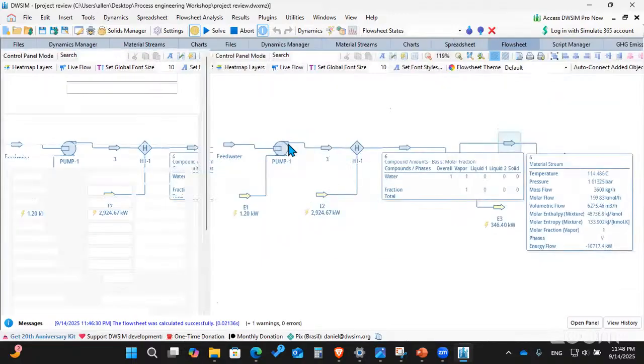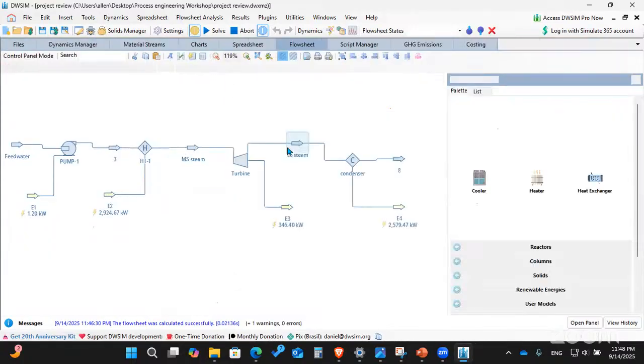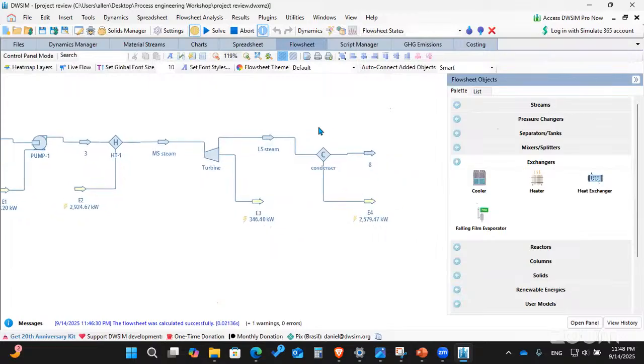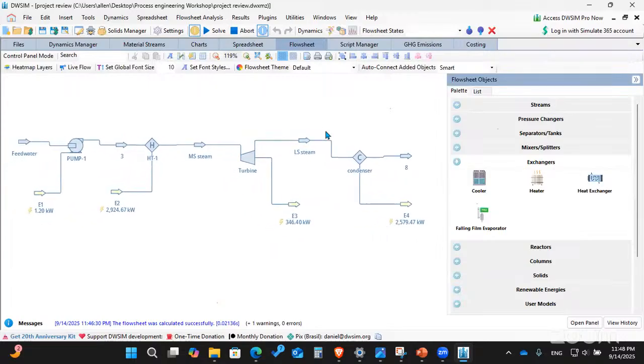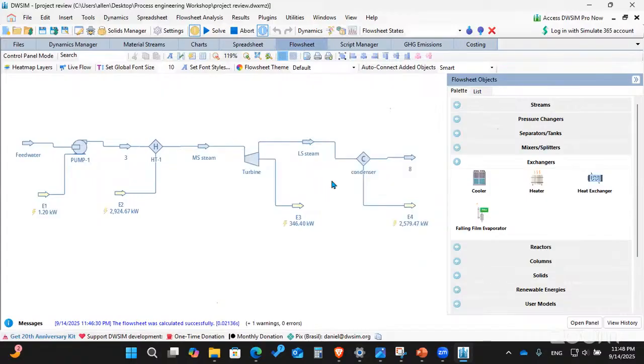This is the usual convention in the industry. Some companies can change it to whatever they want. So this is what I'm using, LS steam here, low pressure steam. Low pressure steam as a utility is still useful in the plant, and you can also save cost from low pressure steam by